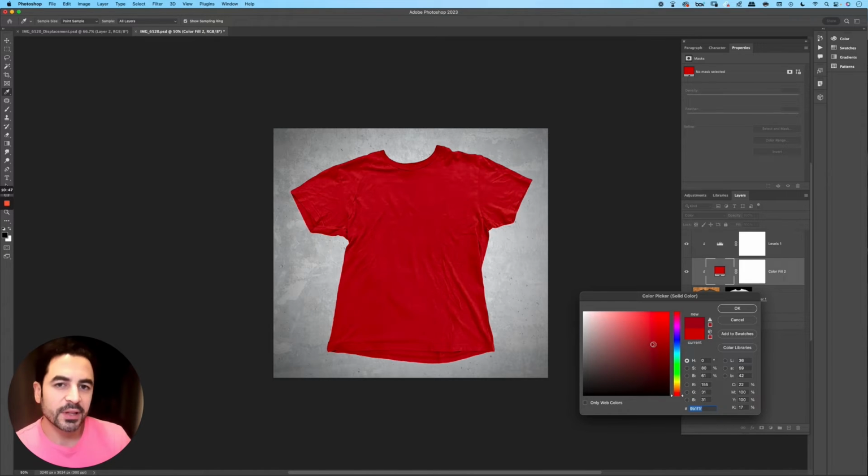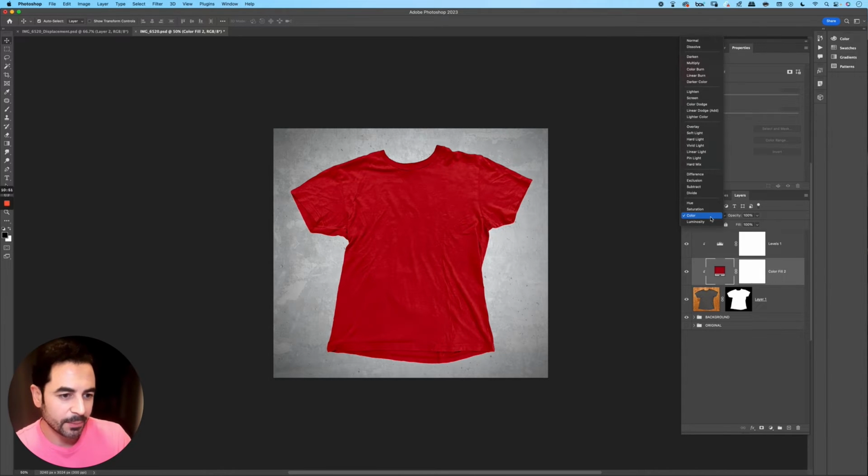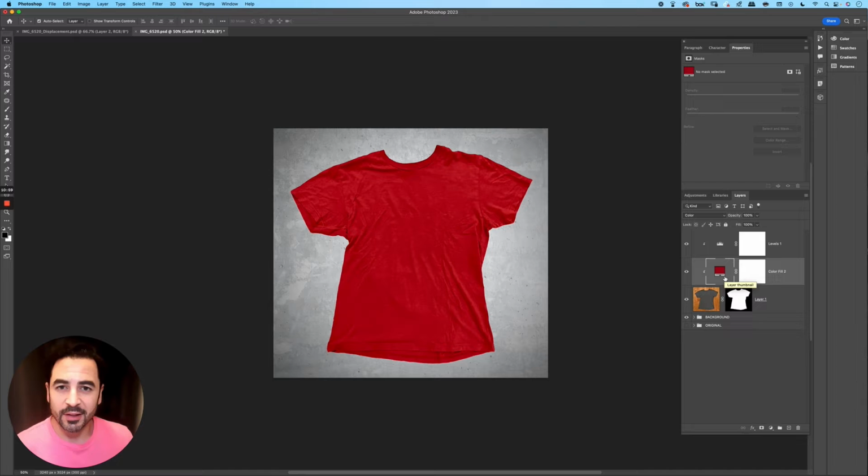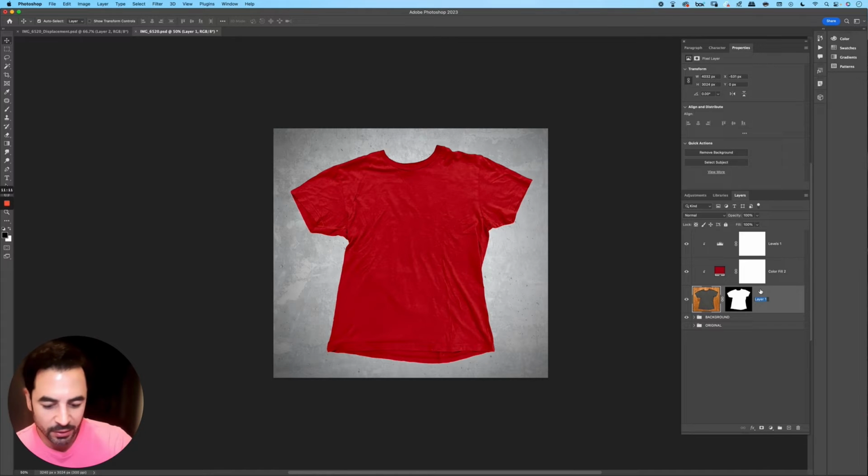Okay, and I like using the color layer because it looks more natural, or the Color blending mode, I should say. If I use Soft Light, it's a little too muddy, Overlay is a little too contrasty, but I find that when working with mockups like this, especially for clothing, Color really works nicely. All right, and you'll see the levels allows you to control a bit of the contrast there as well. Okay, so let's go ahead and call this